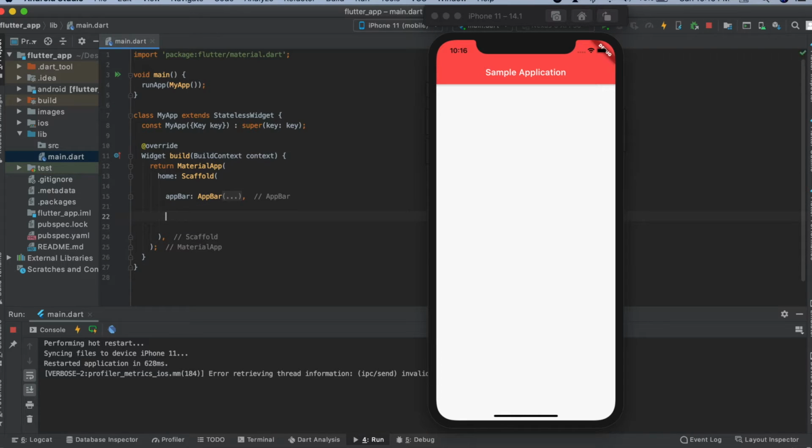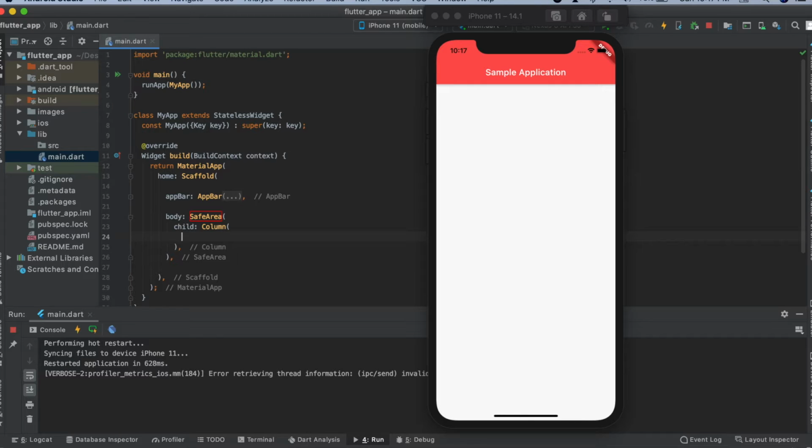Okay, then let me just start with your column. So the other widget is your column widget. I'll give it a column like this. And if I want to wrap it in some widget, I'll keep it in your safe area, so that it should be in between the boundaries of the safe area. So let's just start with the column. So column is a widget that displays its children in a vertical array, like this one, and not this one. This is your row and this is your column.